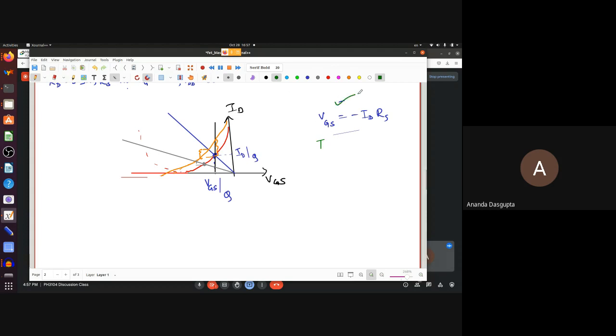You cannot do it with this equation. Why? Because in this equation, you are insisting that the graph goes through this point, the quiescent point is fixed, and you know the graph goes to the origin, right? When VGS is 0, ID has to be 0 in this equation. So it has to go through the origin. So there are 2 points on the straight line, given the straight line is fixed, right? You can't change the RS now. But